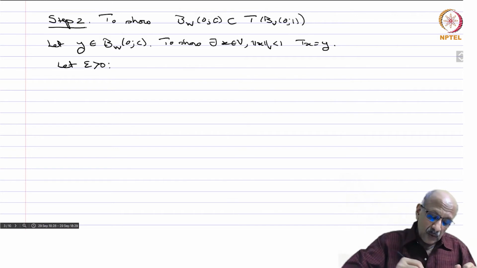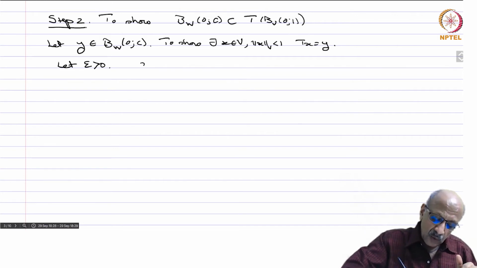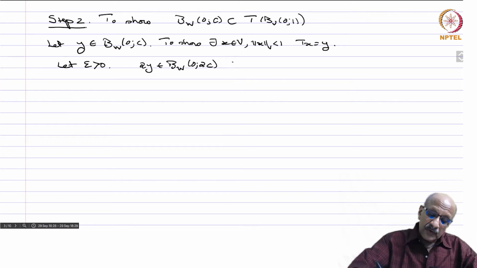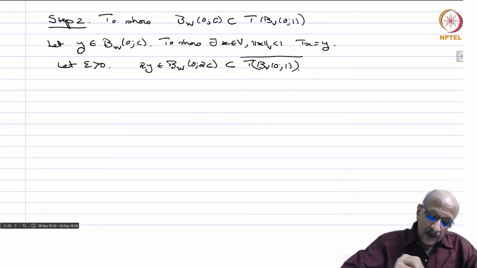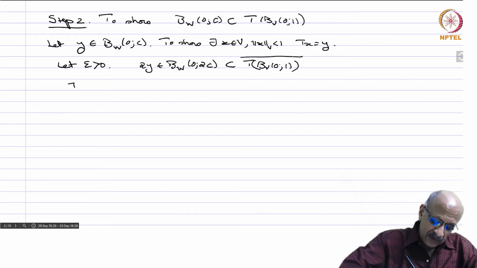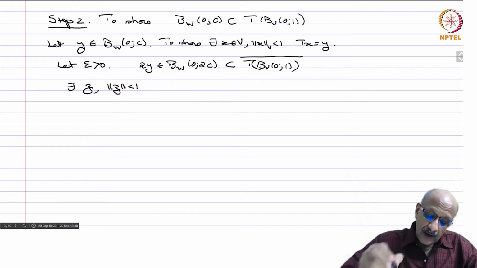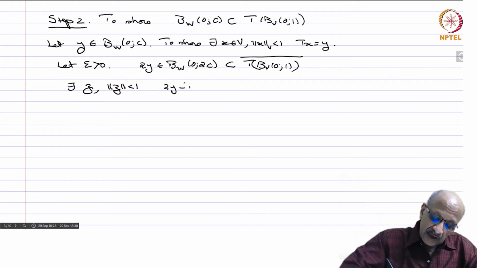Then y is in B_W(0,c), so 2y belongs to B_W(0,2c), which is contained, as we know, in T(B_V(0,1)) closure. So that means given any epsilon, 2y can be approximated as closely as you like by an element in T(B_V(0,1)). Okay. So there exists a z such that norm z is less than 1, and then norm of 2y minus